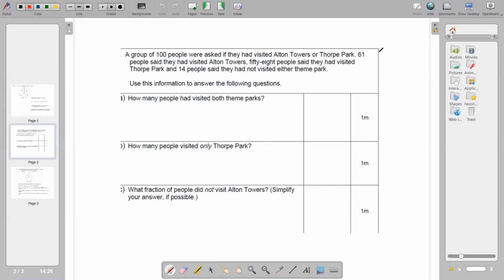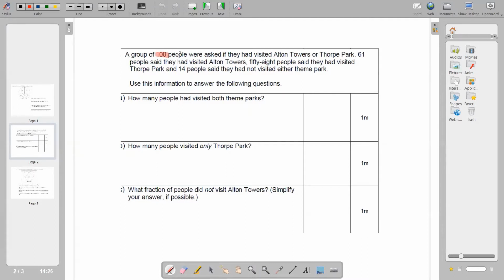So for example, if you have a question that has words like so many people did this and so many people did that, some did both or some did neither, that kind of language in a word problem will tell you that you can use a Venn diagram to solve it. So I'm going to show you the method I find works best. If we have a look at the question first of all,